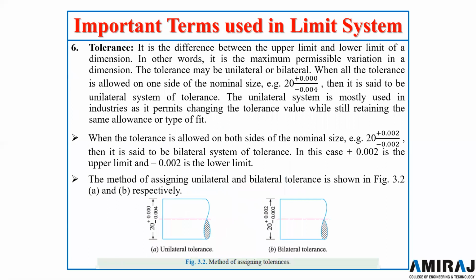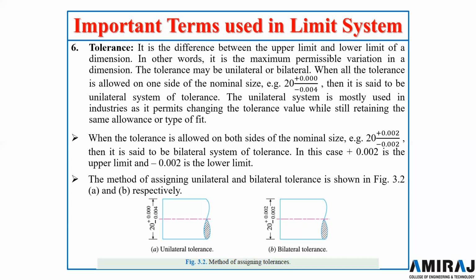Next is the tolerance. It is the difference between the upper limit and lower limit of dimension. In other words, it is the maximum permissible variation in the dimension. The tolerance may be unilateral or bilateral. Unilateral का मतलब वन साइडेड, एक ही साइड पे टॉलरेंस है, मतलब पॉजिटिव है या तो फिर नेगेटिव टॉलरेंस है। और बायलेटरल का मतलब दोनों टॉलरेंस है, पॉजिटिव और नेगेटिव।